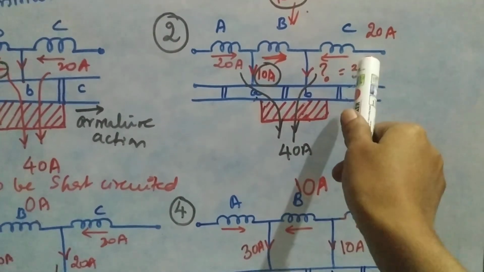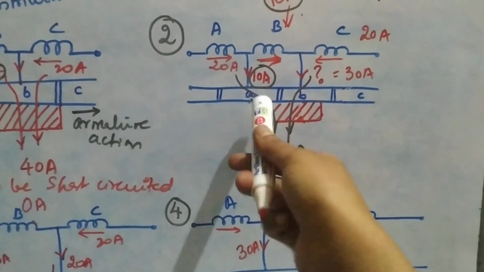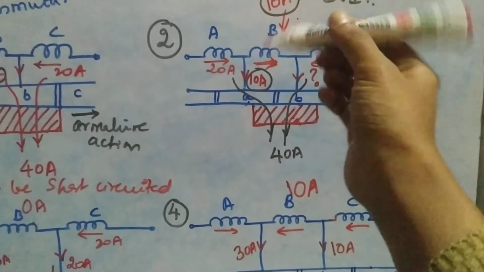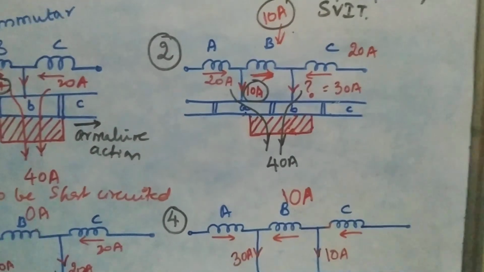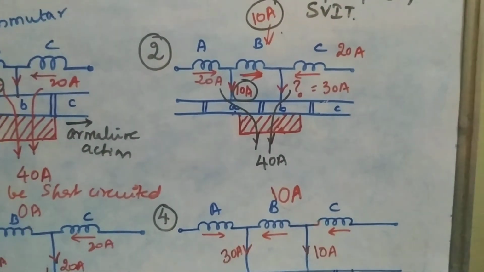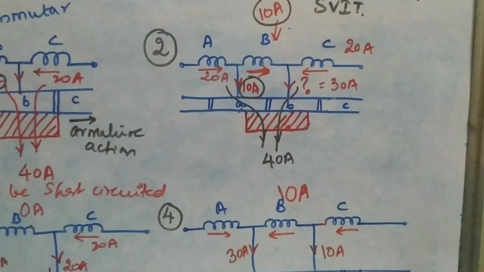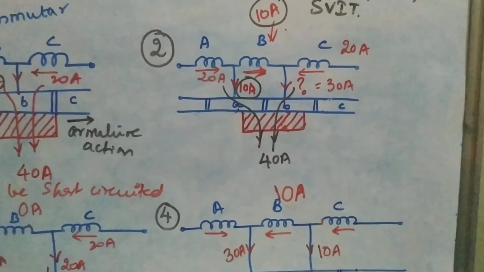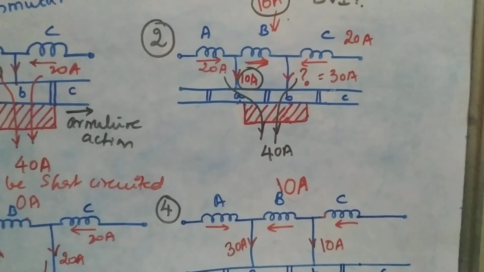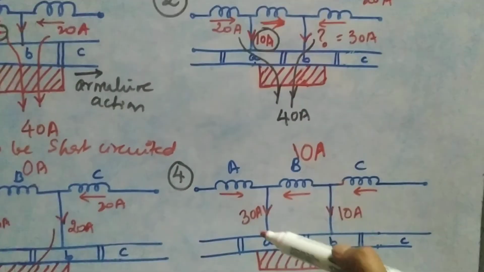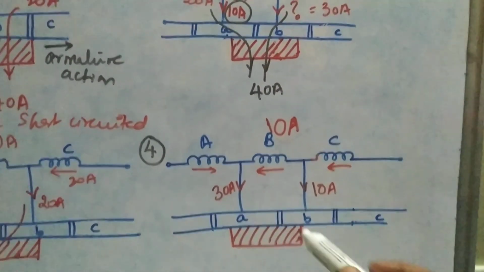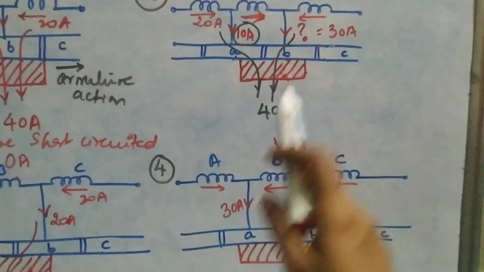If you solve it, it will be 30 only, and here it becomes reduced, meaning it is getting divided 50%. The total 20 amperes flowing in the armature is getting halved. So 10 amps in one direction and 10 amps in another direction, right? Similarly in figure 4 you can see that in this case 30 ampere